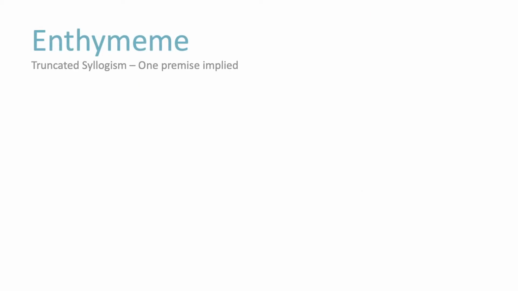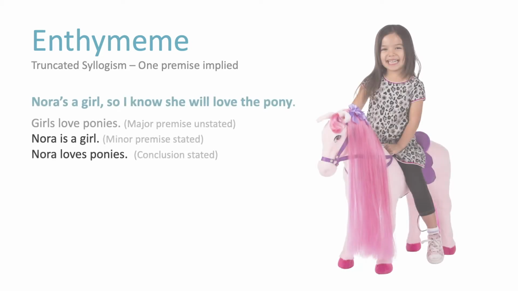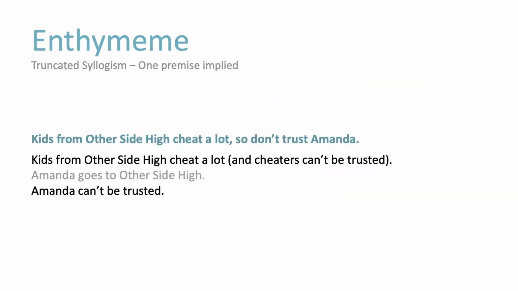Sometimes an author will leave one of the premises unstated. That leads us to the enthymeme or truncated syllogism. Here's an example. Nora's a girl, so I know she'll love the pony. There's an unstated major premise that girls love ponies. Nora is a girl, minor premise, and therefore Nora loves ponies. While it may indeed be true that Nora loves ponies, not all girls do, and people of all genders are welcome to. You can also have enthymemes where the minor premise is unstated, such as if you say, kids from